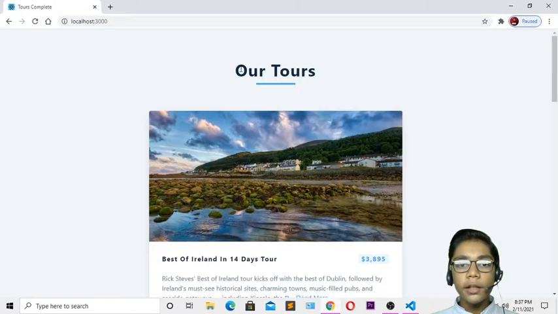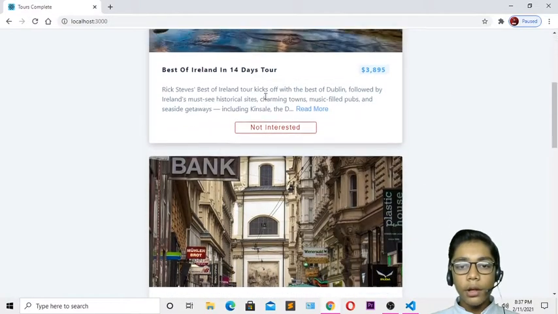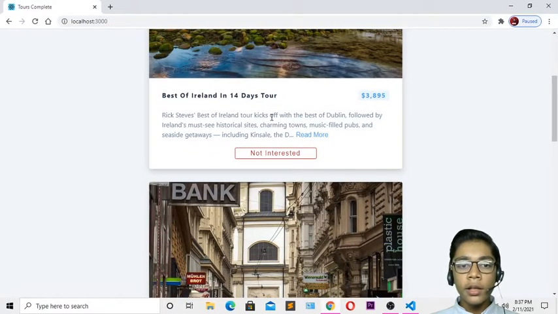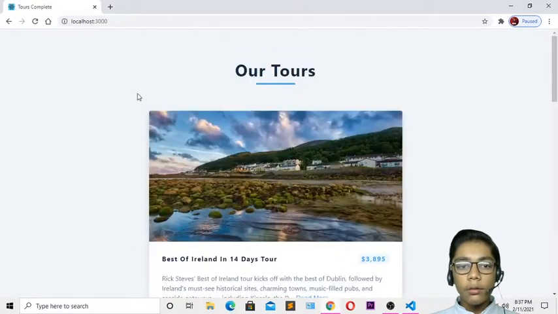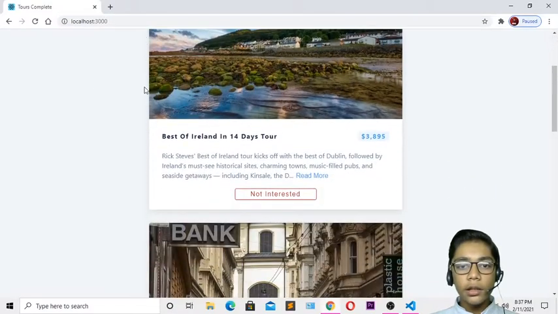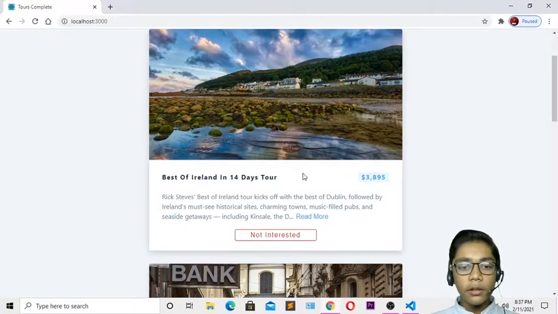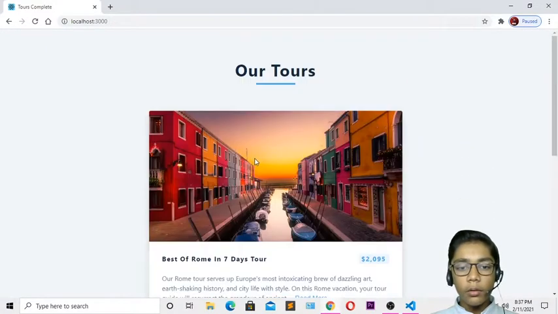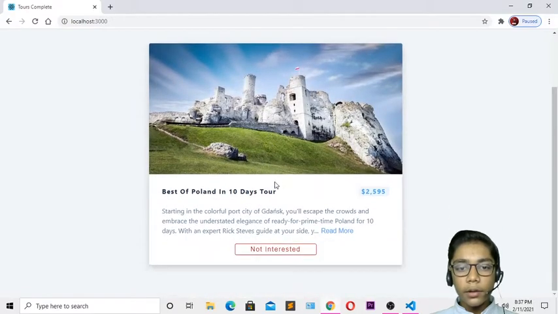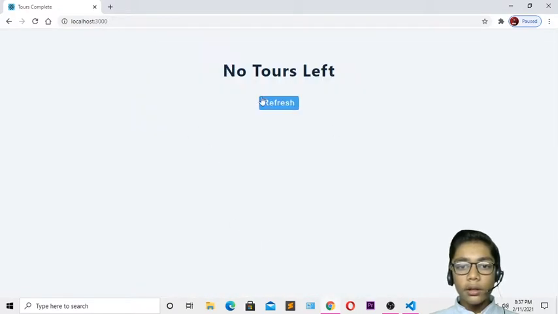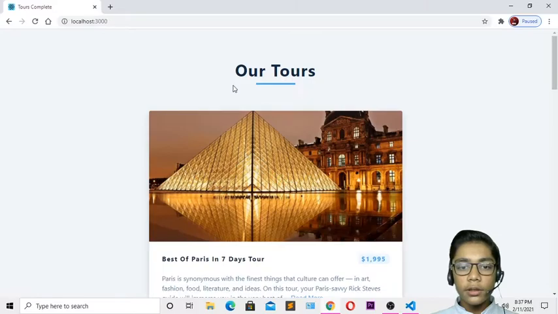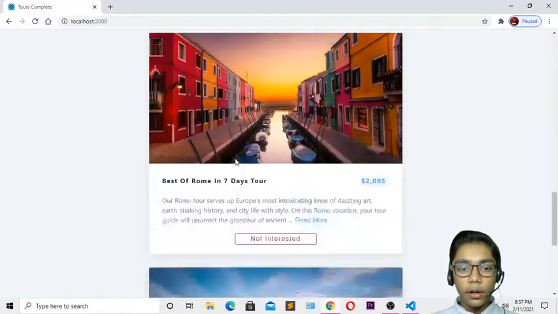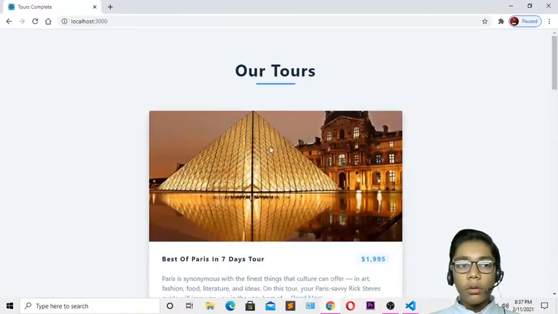If you create this app, it will give you all the things. You just have to link all of these with the files which you have created, so it will be really easy for you to make these projects in React.js. You can see we are also getting not interested like that over here also. Then if I press over here and over here, you can see all the things are gone, and if I press refresh, all the things come back like that. So like that you can make your own tours complete project in JavaScript.